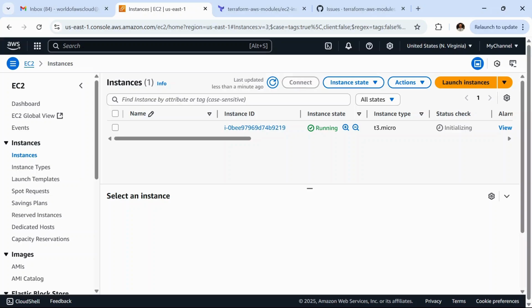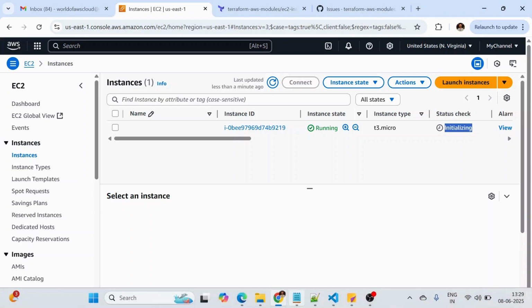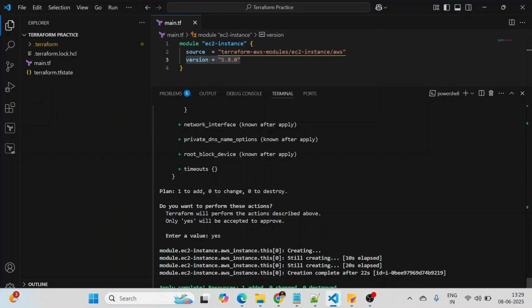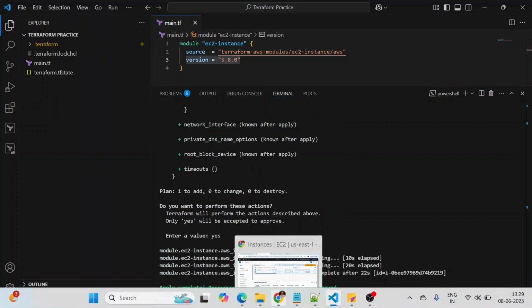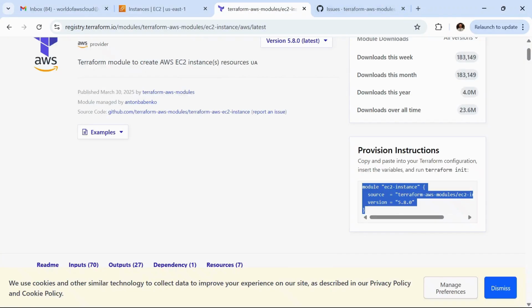It's in running state and the status check is getting initialized. If we go back to VS Code, that apply has already completed and one resource added, right? So we are not getting any error whenever we are calling this module. We are able to directly create the infrastructure.